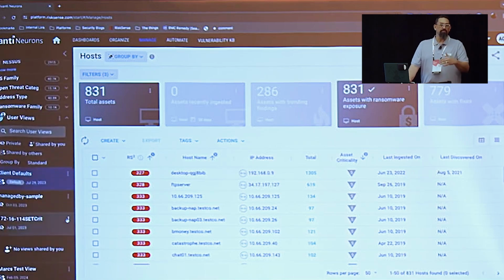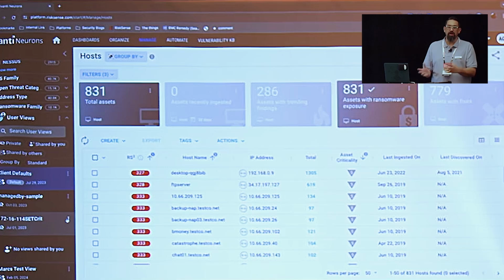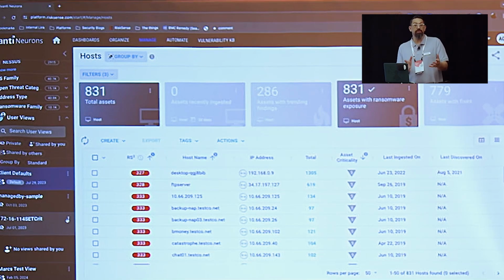Again, in the environment, we give you the ability to create specific views based on data sets. I can add additional columns, remove columns, add additional information, save that out, and then share that out with others in my environment. One of the other nice things we do from that grouping paradigm is we're utilizing